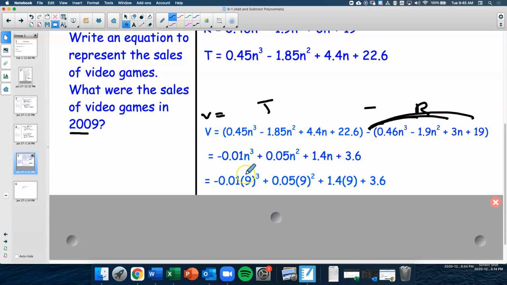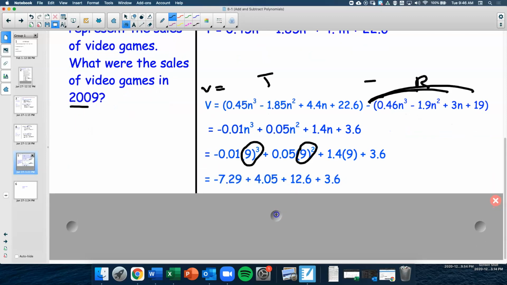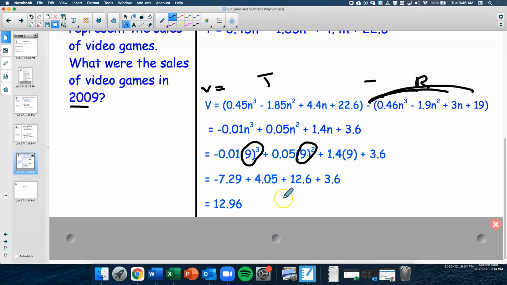And then you'll see order of operations. I need to do the exponent before I do the multiplication. So 9 cubed times that. 9 squared, 81, times 0.05. So those are order of operations you need to be careful of. And there's all of our numbers. Now just add them together and you get 12.96 video games. So 12.96 video games, so about 13 video games in